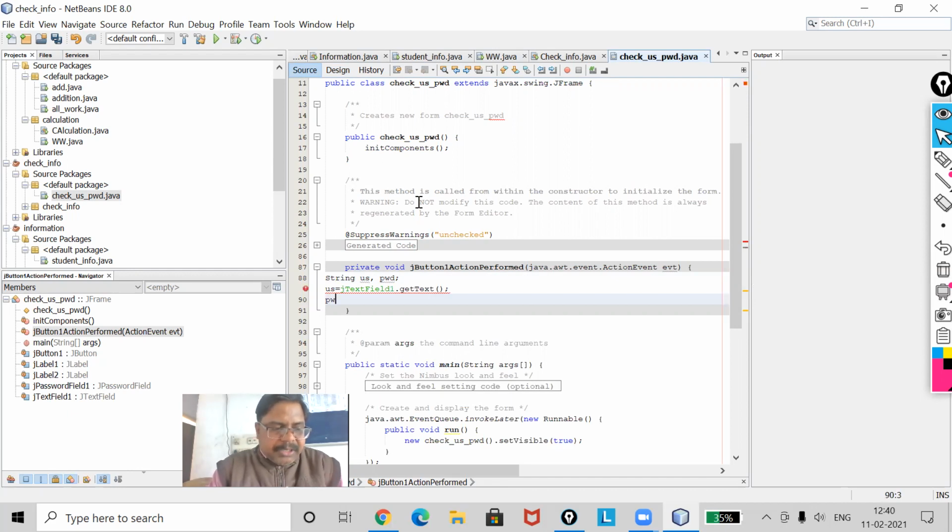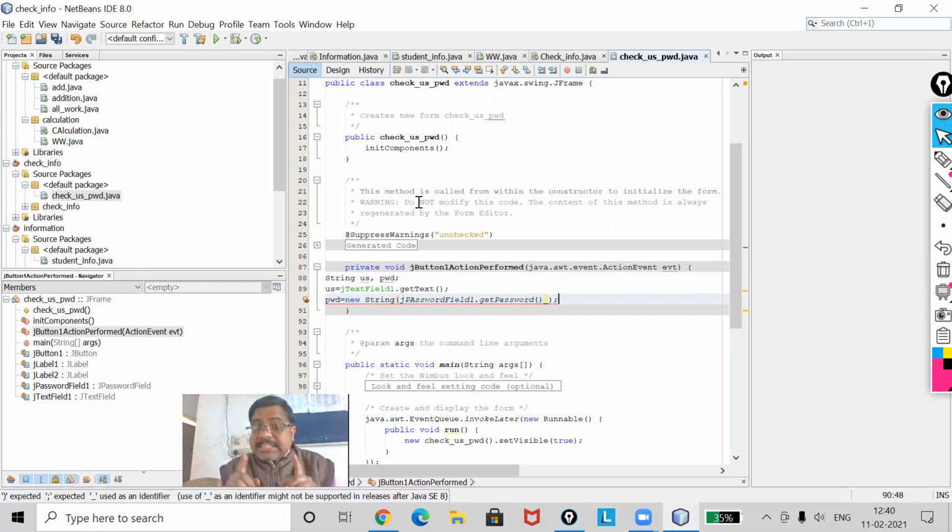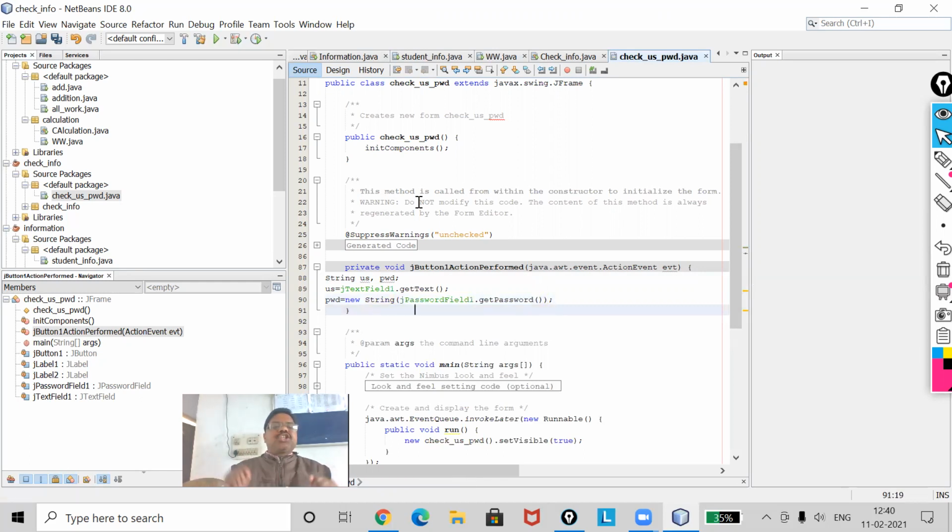So I will write PWD equal to new String, and the name of the control is jPasswordField1 dot getPassword. You use this statement because it is the encrypted information, which should not be disclosed to the user.